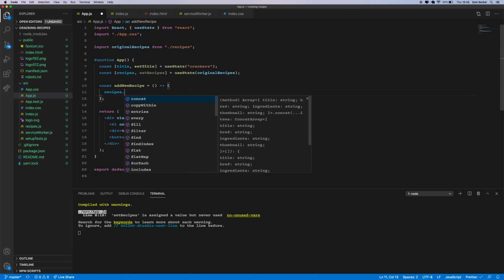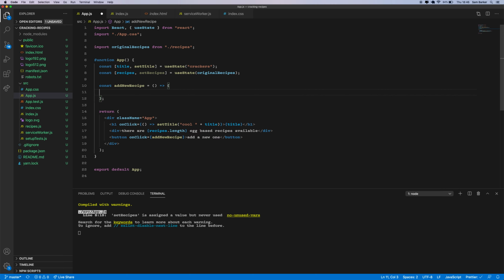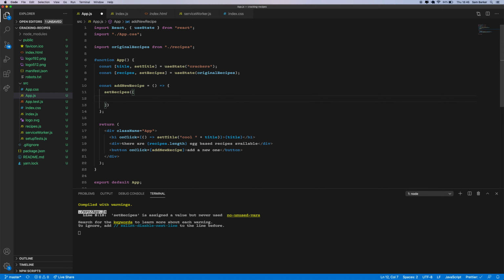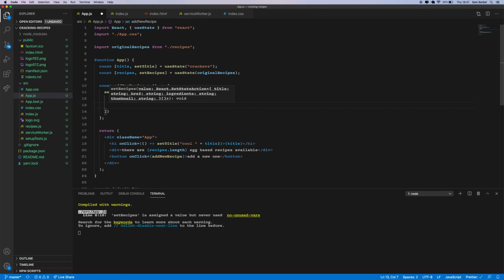So recipes.push, nope, set recipes. So we don't do recipes.push. That is not going to tell React that we have changed the state. The only way to tell React that we've changed the state and therefore re-render is by calling set recipes. So we're going to call set recipes with all of the current recipes plus a new one that, okay, it even tells us title